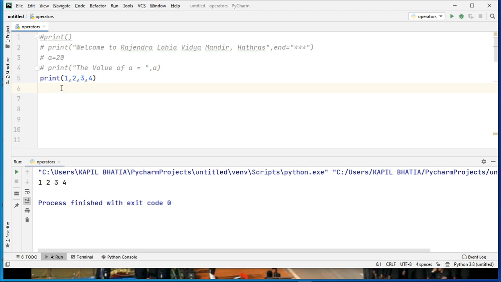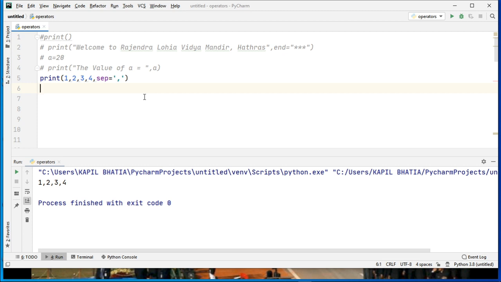If I want the output in the form 1, 2, 3, 4, then here I need to put a separator value, that is, suppose I put a comma over here, and after executing this program you will find the output as 1, 2, 3, 4. So I hope you understand how to use the end argument with the print function, and how to use the separator with the print function.